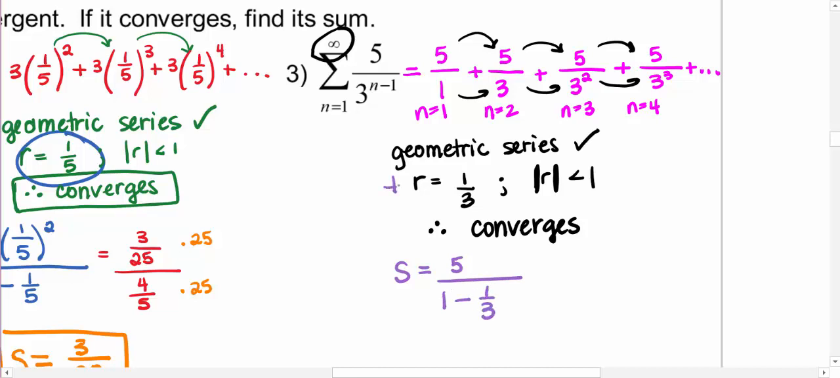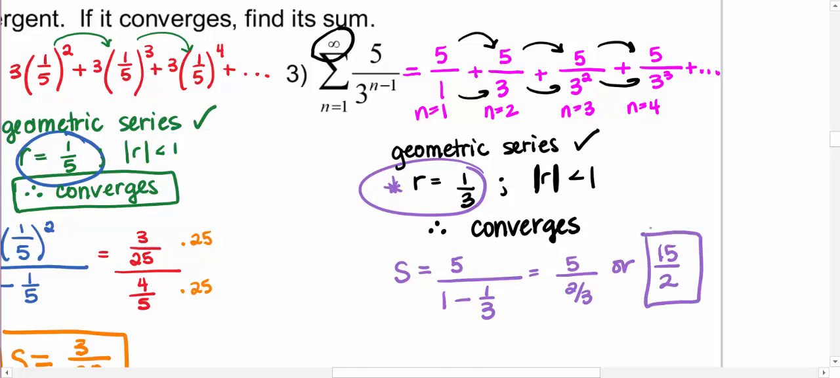So that's why it's so important that you identify what that common ratio is. So 5 over 2/3, or you can write this as 15 over 2. If you multiply by 3 over 3, you'll get there. Okay,